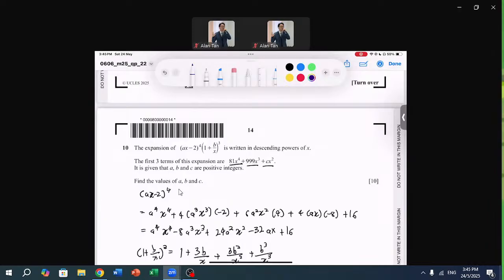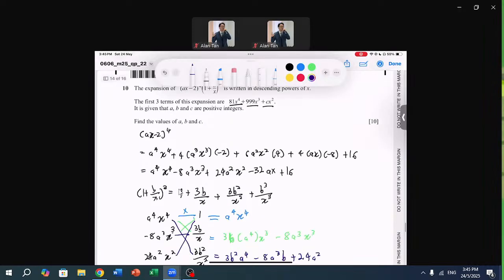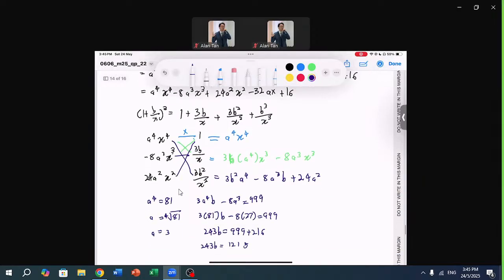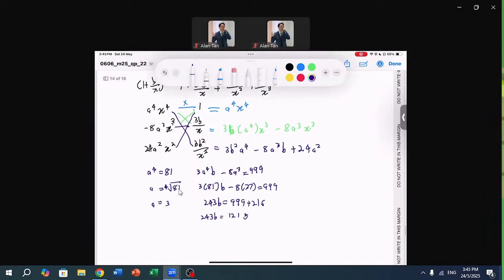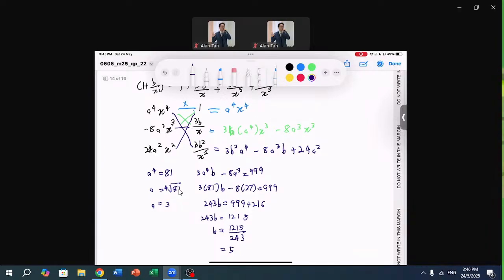It's given that they are all positive integers. So in positive integers, a can only be 3 and not negative 3. Now, let's just see if this is correct. b equals 1215 divided by 243, which gives me 5. And that means for the final equation, c equals 5 squared times 81